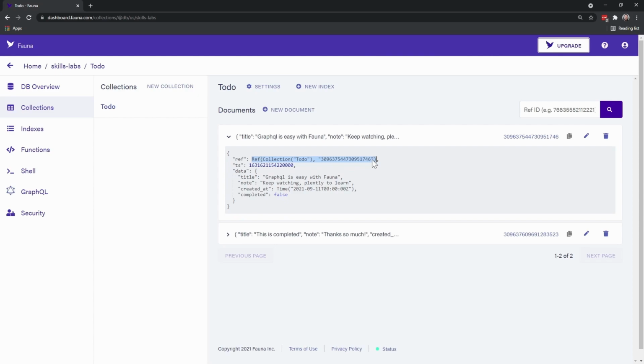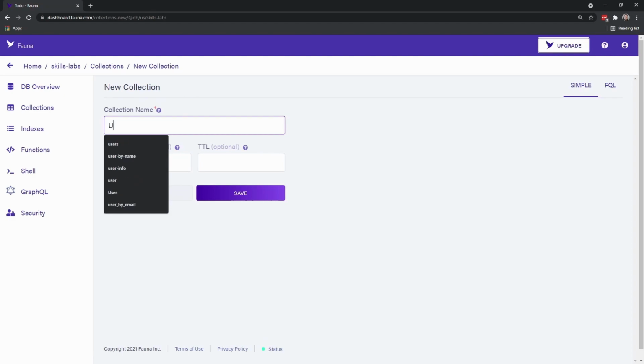So in theory, if we create a new collection called users and have a user there, it's also going to have a reference to itself. And we can use that reference to add a new data point that will reference that, and then we can use either indexes or a query to collect that data. So first, let's create a new collection, and we'll call it users,